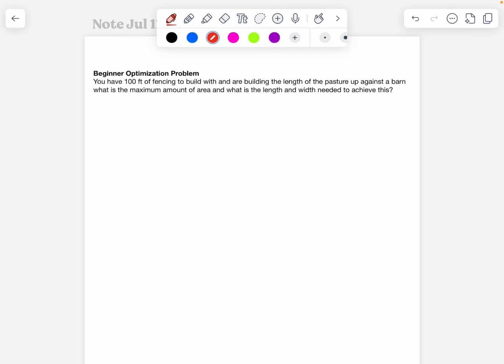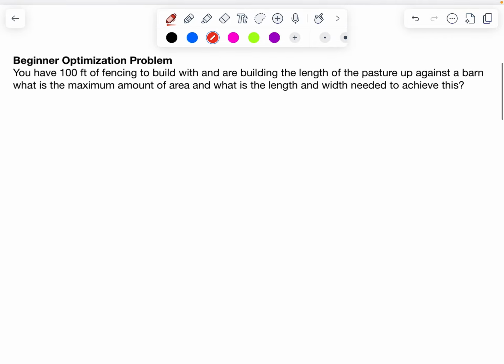You have 100 feet of fencing to build with and are building the length of the pasture up against a barn. What is the maximum amount of area and what is the length and width needed to achieve this? So this is a classic